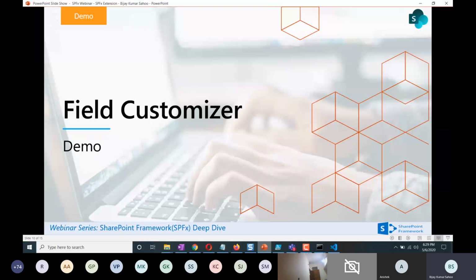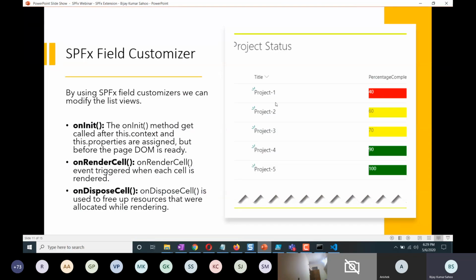Now the field customizers. When we are talking about the field customizers, there we will be modifying the list views. Now when we are modifying the list views, this is a common example where you can change the background color like this. You can see here, there's a percentage. I have written some code over there which will check if the percentage is this much, then you can have a red color. If it is between this and this, you can put it yellow color or something like that. So anything you want to do with the list or library views, then you can use a list